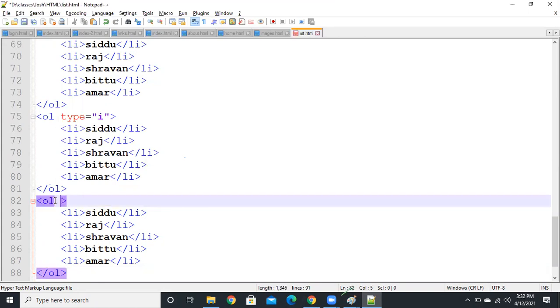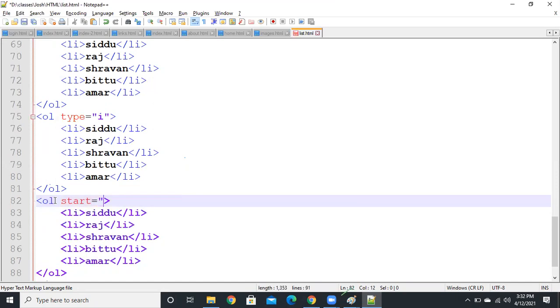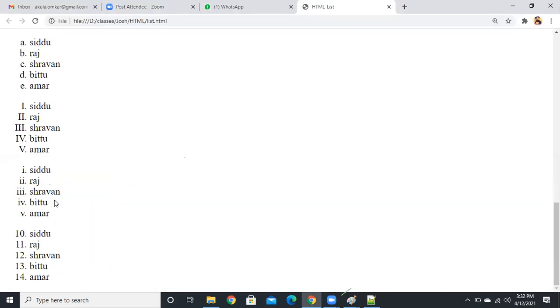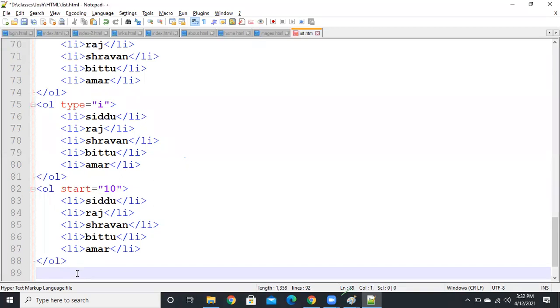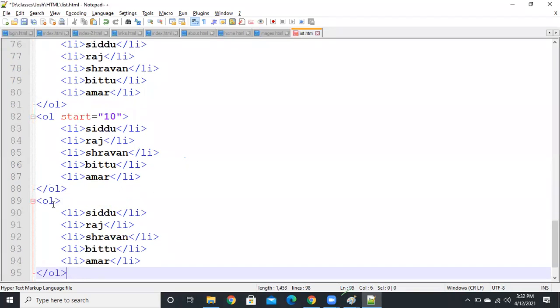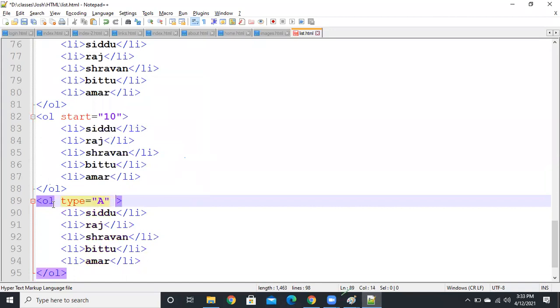And I want to start the list from 10 onwards. I'm going to use start 10 onwards. Starting from 10 onwards. Suppose from J, what shall I do? I want to start the list from J onwards, guys. Then type capital A, whatever, and start.